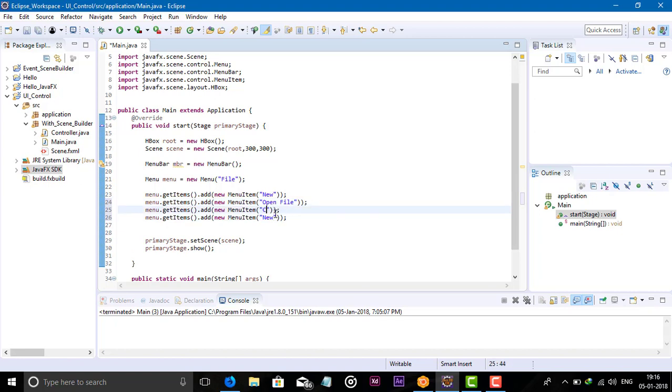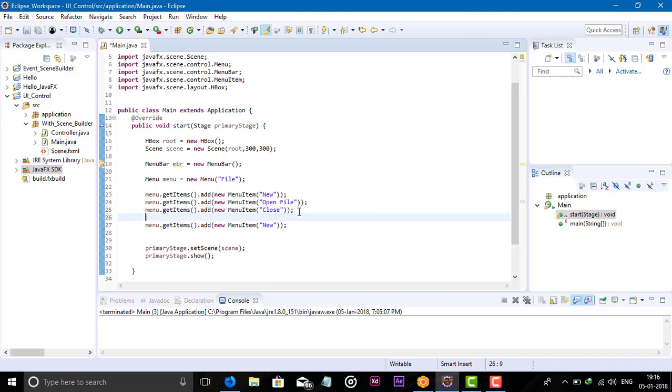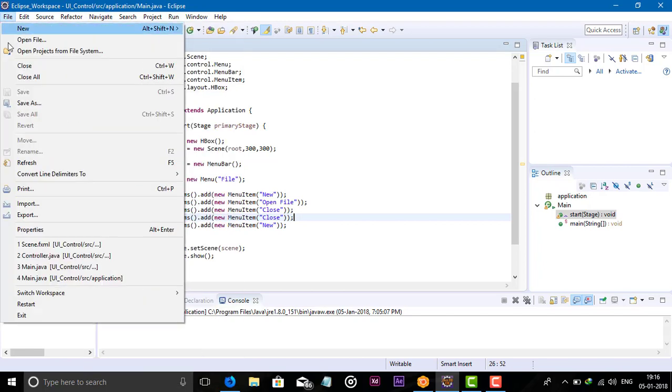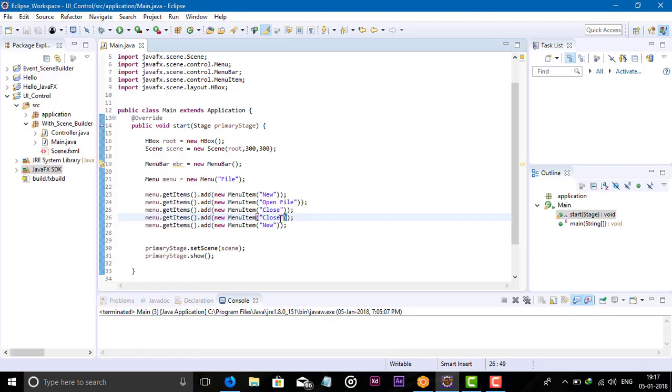And Close, and I want to separate this, meaning I want to add a separator, like Open Project from File System. Down below we can see the separator. So how can we add this separator? For this we have a class, SeparatorMenuItem.